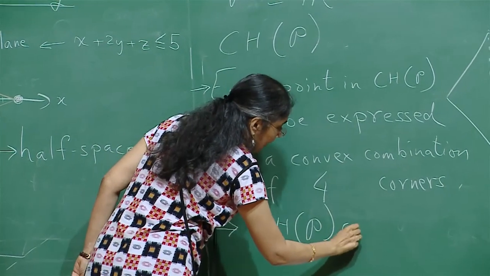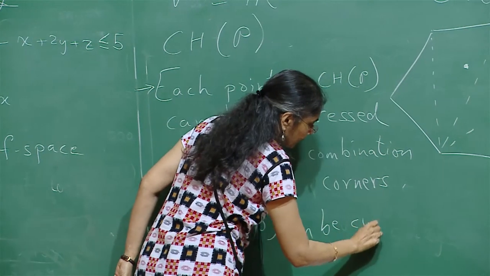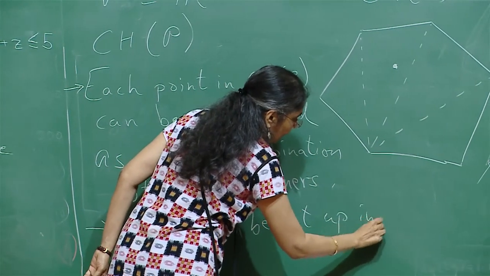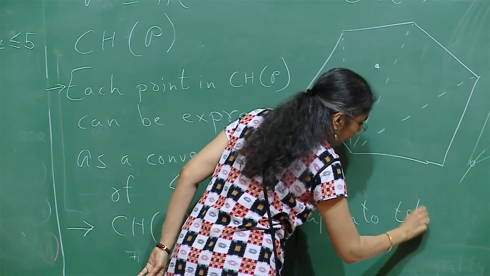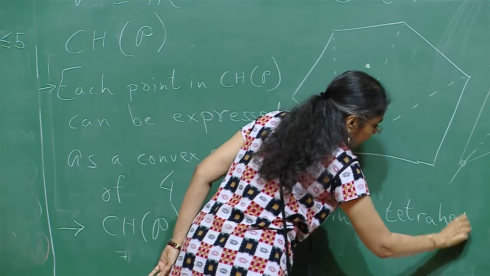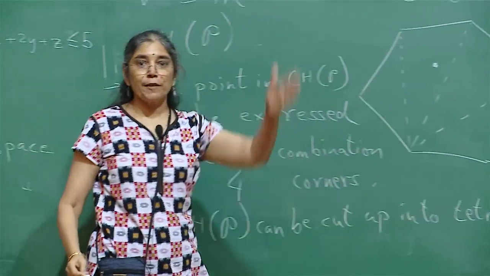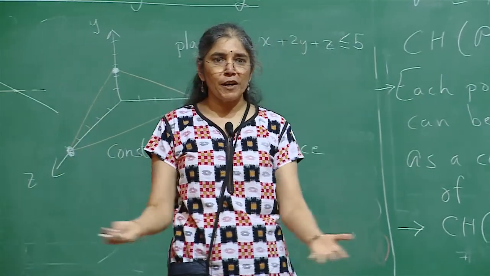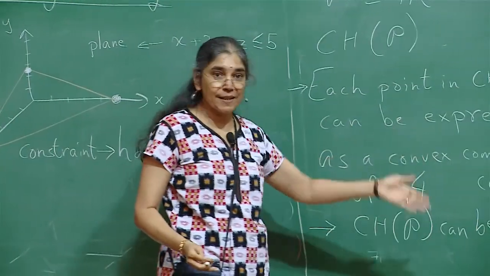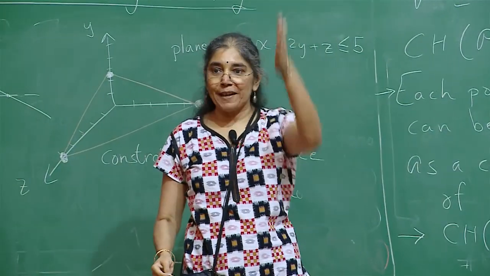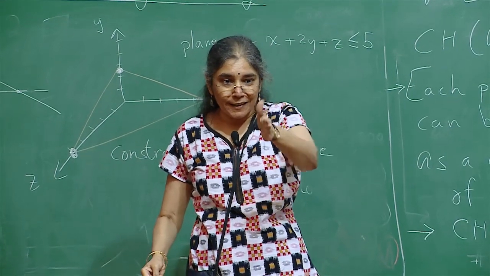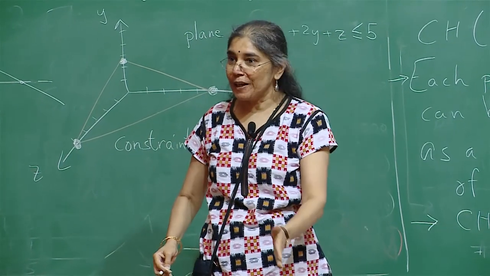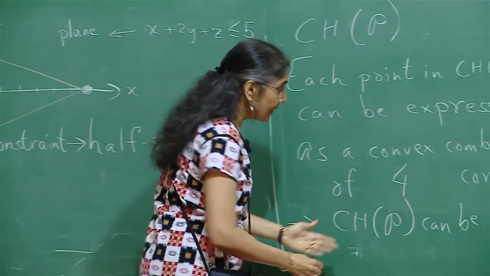The convex hull of P can be cut up into tetrahedra by making straight face cuts. So I take this whatever solid region that I have which has straight faces, and I am allowed to use only planar cuts. I can't take a knife and start like this and then bend the knife half. No, cut only along a plane. Not only that,